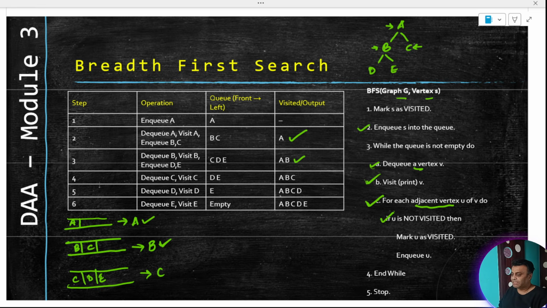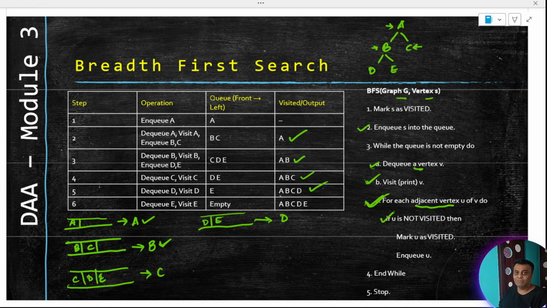So my next step is, is there any adjacency for C, the one which we have dequeued just now? There is no adjacency for C, right? If there is no adjacency for C, then I will keep on dequeuing until I get an adjacency that is already left. So my D and E will now mean that I will dequeue D. I will dequeue D means this will be my visited sequence.